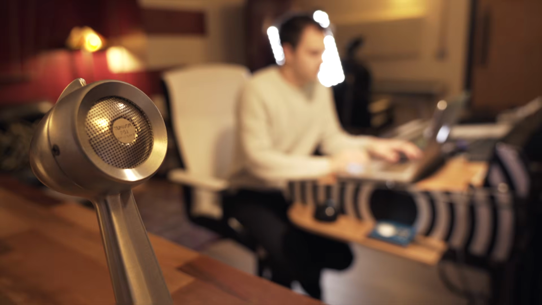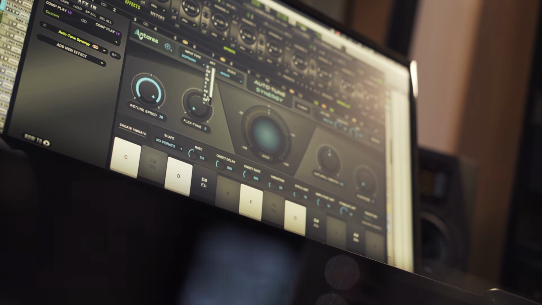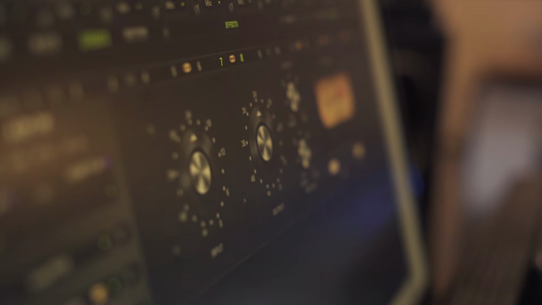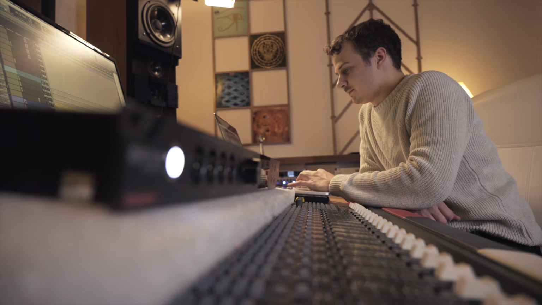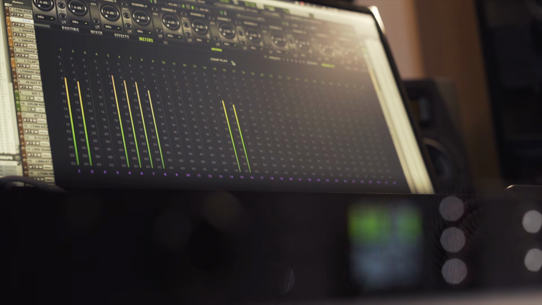I'm an engineer-producer and we're here today at Puzzle Factory Studios in North London to look at the Antelope Orion Studio Synergy Core. I have already spoken in my previous video about this interface and its predecessor, the Orion Studio HD, and my friend Jason O'Brien has gone through some of the main features and facilities of this interface. So I think today we're going to go through some of the software features and specifically how I've implemented this interface in my mixing workflow and sometimes in my recording workflow by using the built-in effects and the built-in routing